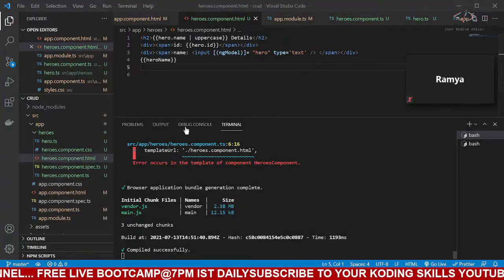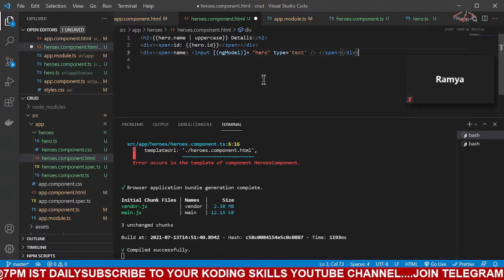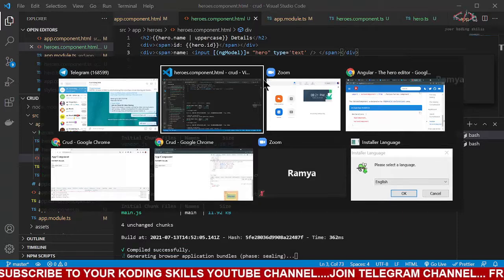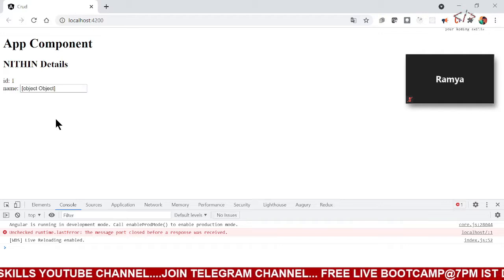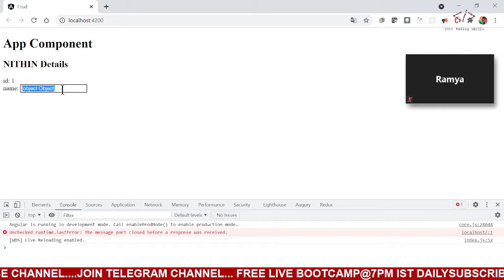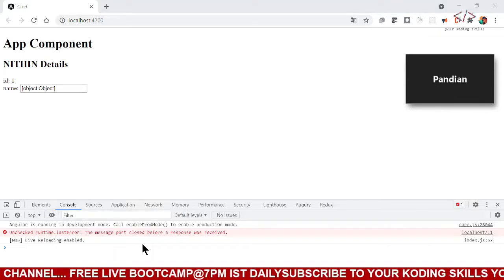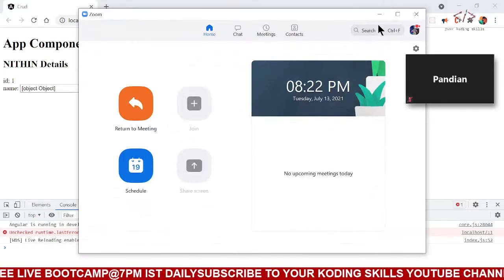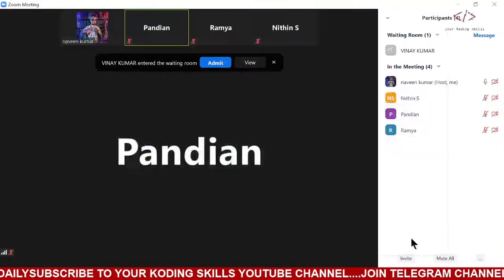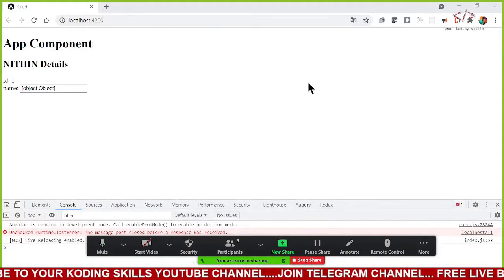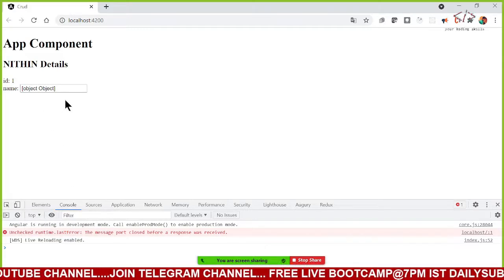So without wasting time, I will go back to the next scenario. Okay, we have added this one. So this is all about the two-way data binding. So if you see here, Pandian, I have added the object itself.